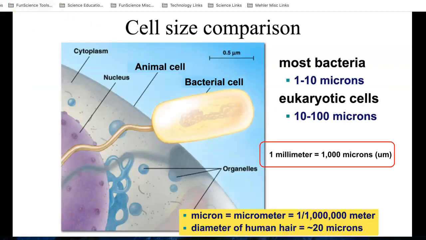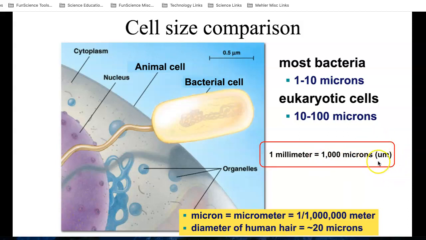So let's talk about cell sizes and how big cells are. But first, you have to know that, for example, 1 millimeter is one of the smallest marks, gradations on a ruler that we use regularly. And a millimeter is still way too big to measure cells. So what we do is we take 1 millimeter, we divide it into 1,000 pieces, we call them microns, and